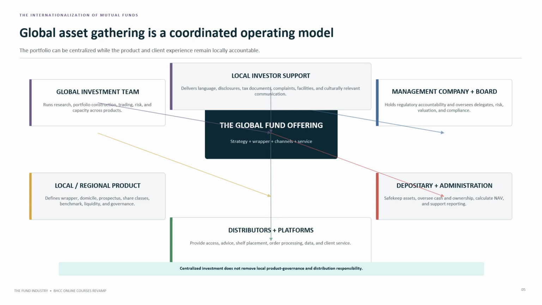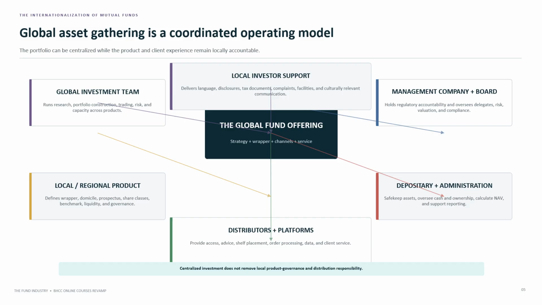The depositary and administrator support safekeeping, cash oversight, ownership verification, NAV production, and reporting. Distributors and platforms provide access, advice, order processing, data, and client service. Local investor support handles language, tax documents, complaints, facilities, and communication that makes sense in the market rather than merely